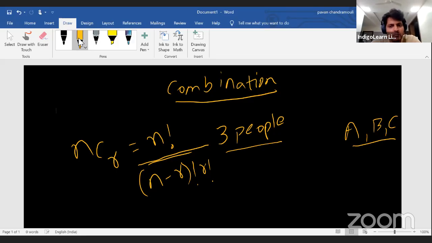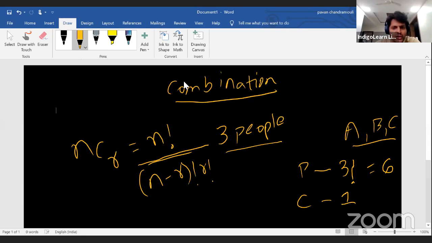If you see permutations of three people, or arranging three people in a line, you will get 3 factorial, which is 6. I have shown you how we get 6. Now if I use the same case for a combination, if I have to select from a pool of 3 people and my requirement is 3, the answer is only 1, correct? So for permutation it is 3P3, for combination it is 3C3. nPr is selecting r objects from a sample of n where order is important. For a combination it is nCr, where the order is not important.